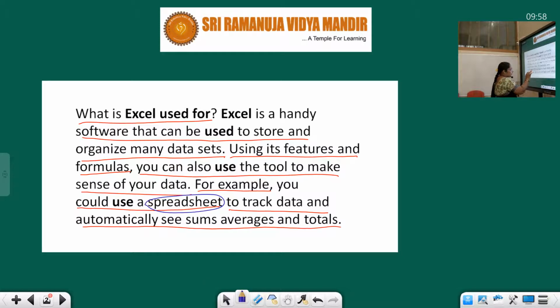Spreadsheets are one of the Excel sheets used to retrieve the data from another computer, not from your own computer. If you want to retrieve the data using a Google account, you can view it in the spreadsheets. So this is what the Excel sheet is used for. It gives complete information, and we can give complete formulas and our information to store in a particular set format, which is known as the data sets, and we can view the information from another computer using the spreadsheets.